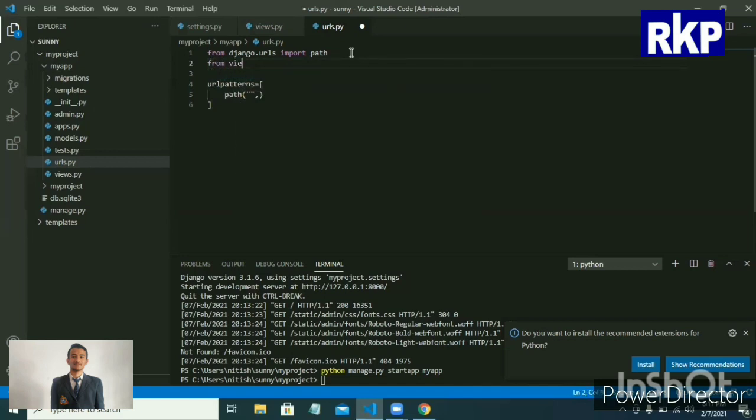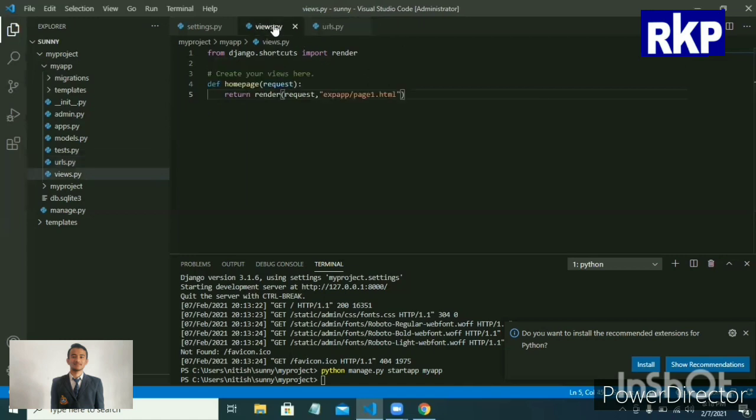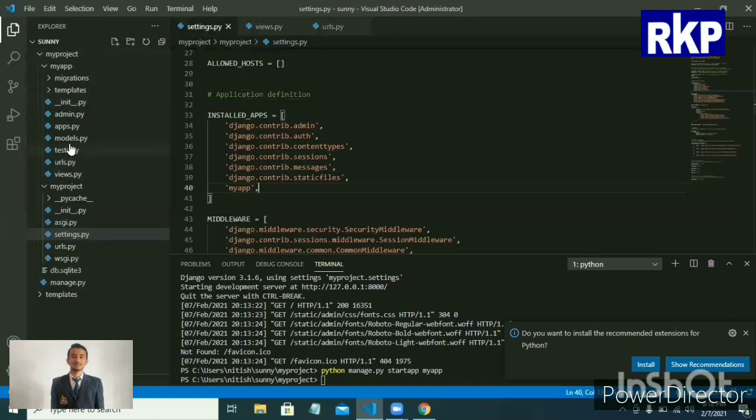Also we have to import views from our app. Here views.homepage means that we are accessing the homepage function of our views.